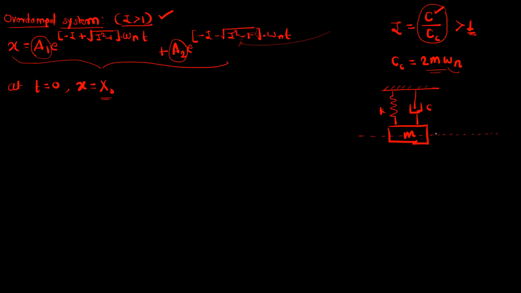From this mean point, initially, if we place the mass in the downward direction by some initial displacement equal to x0, it will become the initial displacement. And at the same time t equal to 0, the velocity, so this is the second condition, x dot is equal to 0. That means there is no velocity at the initial time. We have just given the initial displacement, which is x0.